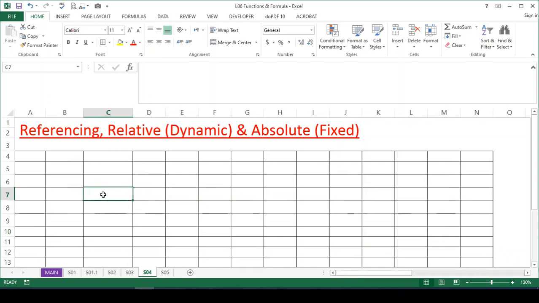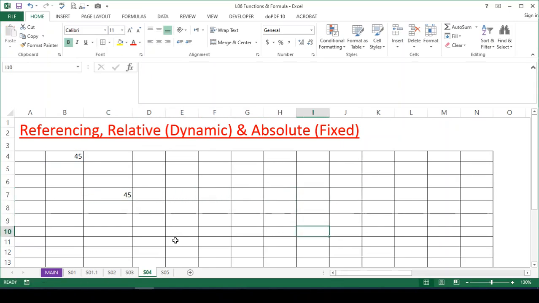For example, if I take C7 and it refers to B4, that is not the same row and not the same column; it is one column before and four rows above. So this is relative. The data in C7 is one column before and four rows above.